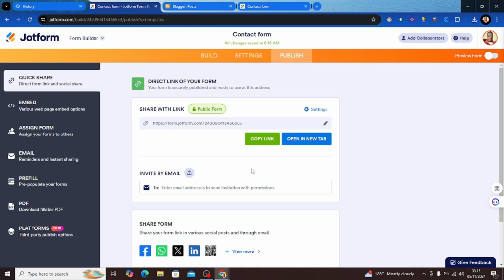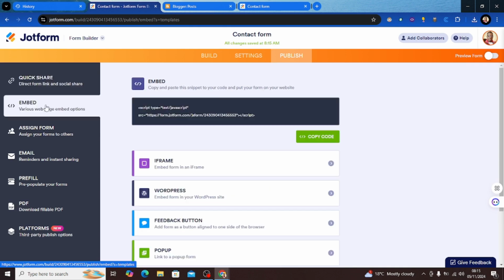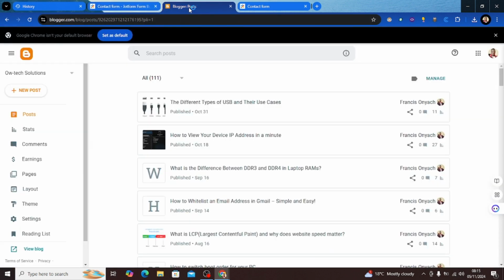Now if you want to embed this to a web page, like for instance you said you're going to be doing this for Blogger, then you can just go to the embed section here, and then you have the embed code. So this is the embed code, which is JavaScript. Now if I want to attach it to a different page, I just click on this here, copy code, and then if I'm to link it to my Blogger page,